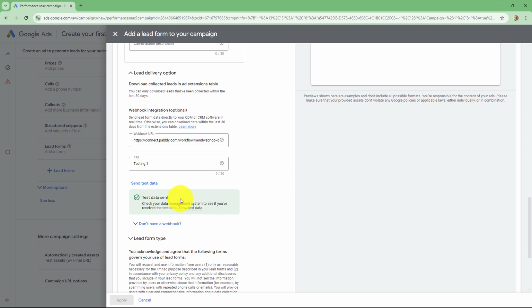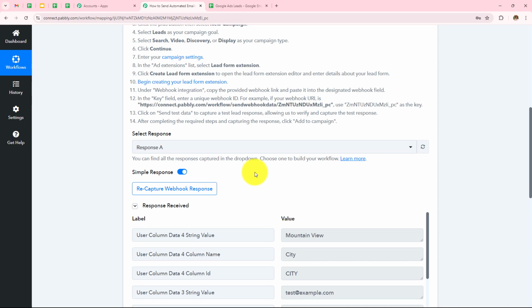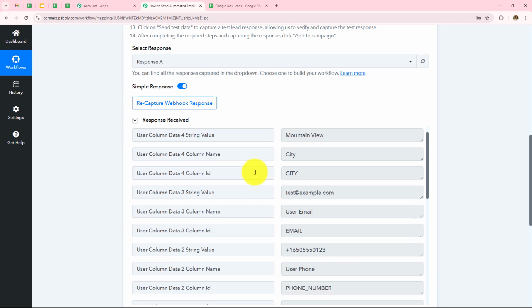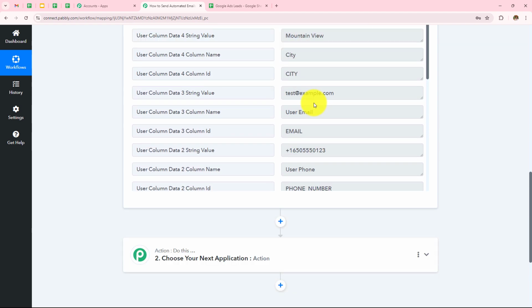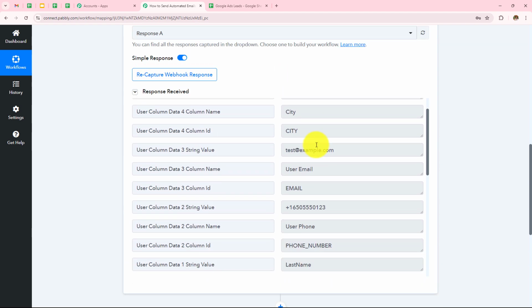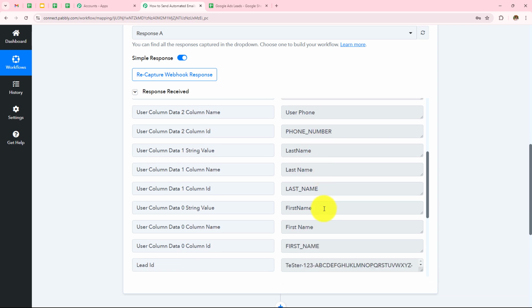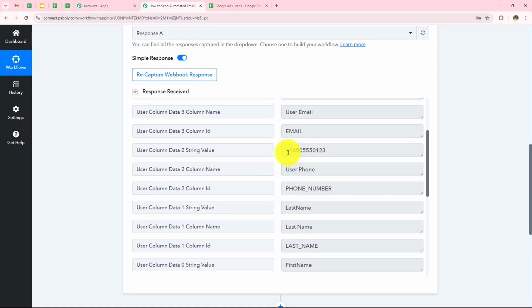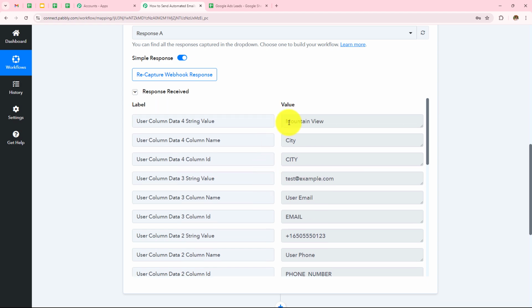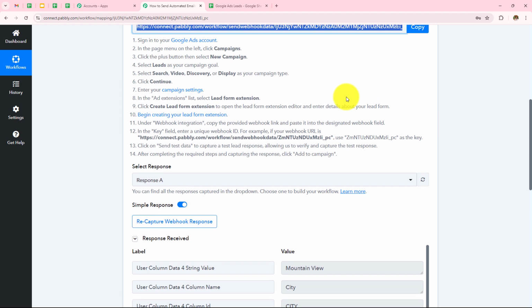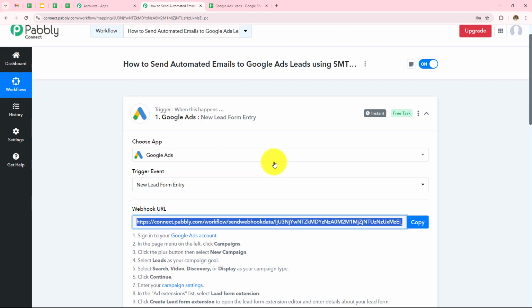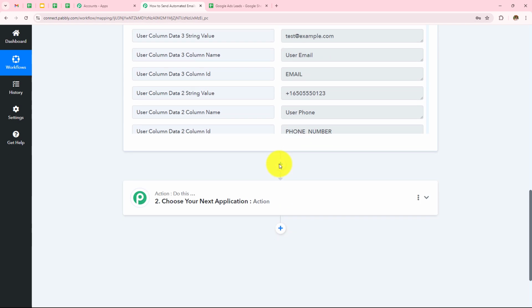Now I need to go to Pabbly Connect and check whether I have received this response there or not. And over here I can see I have instantly captured the response. The fields that I have selected were city, email, phone number, first name and last name. So over here I can see I have received my first name as first name, my last name as last name. My phone number is this. My email address is test@example.com and the city is Mountain View. This means Google Ads is connected with Pabbly Connect,